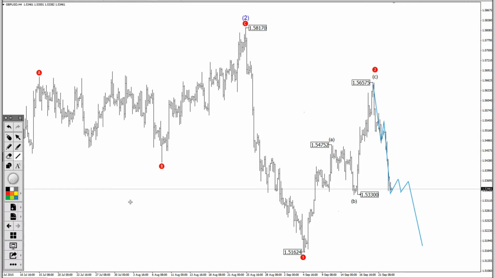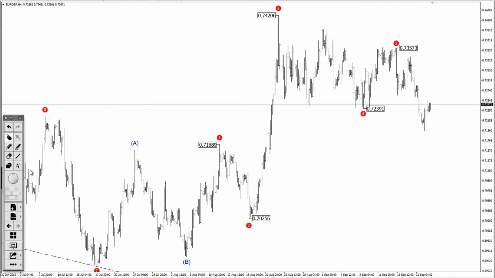Okay, next let's move on to Euro Pound, and now this has made almost a 5-wave structure from the truncated 5th wave peak. So we can expect one more wave down. The price now 0.7247, and we are right around the 4th wave low at 0.724. The high of the truncated 5th wave